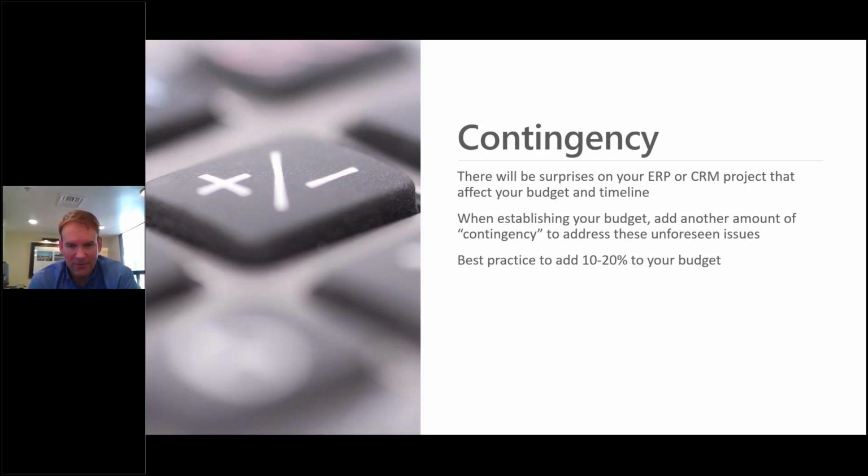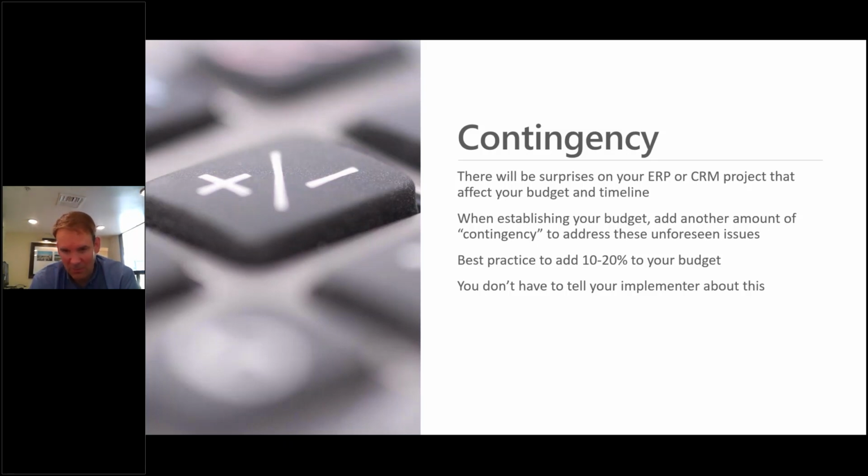So it's not a terrible thing. But make sure that you're setting aside this, and don't necessarily tell your implementer about this, right? Don't necessarily say, oh yeah, you gave us a statement of work for $300,000, but I've really got a 20% contingency, so I'm good up to $360,000. You don't want to tell them that. You want to try to get them to come in on your $300,000 budget, but now you've got that room